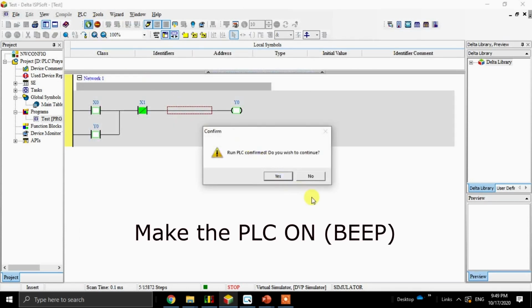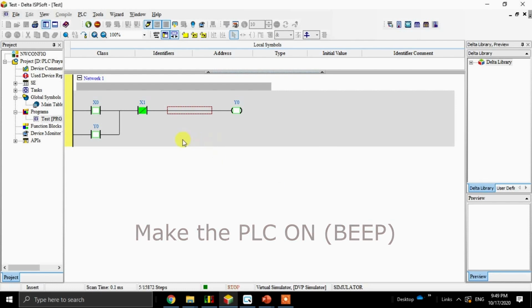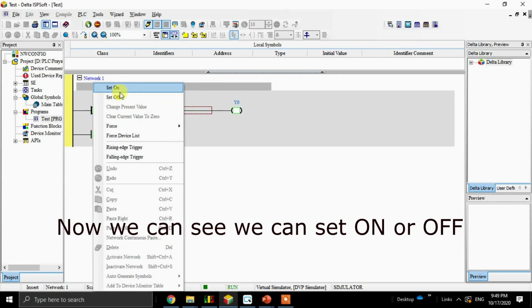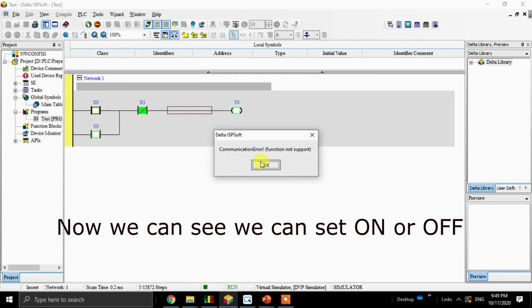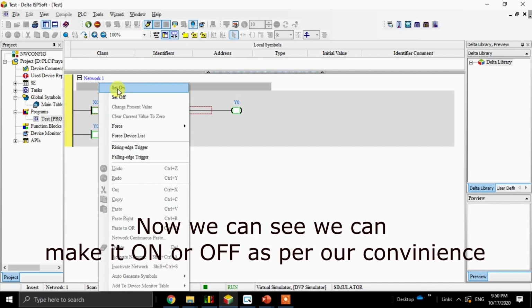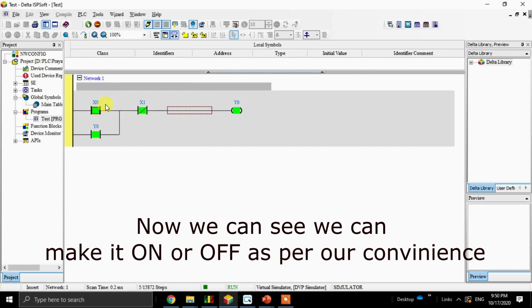Make the PLC on. Now we can see we can set on or off. Before that, set MPU output X enabled. Now we can see we can make it on or off as per our convenience.